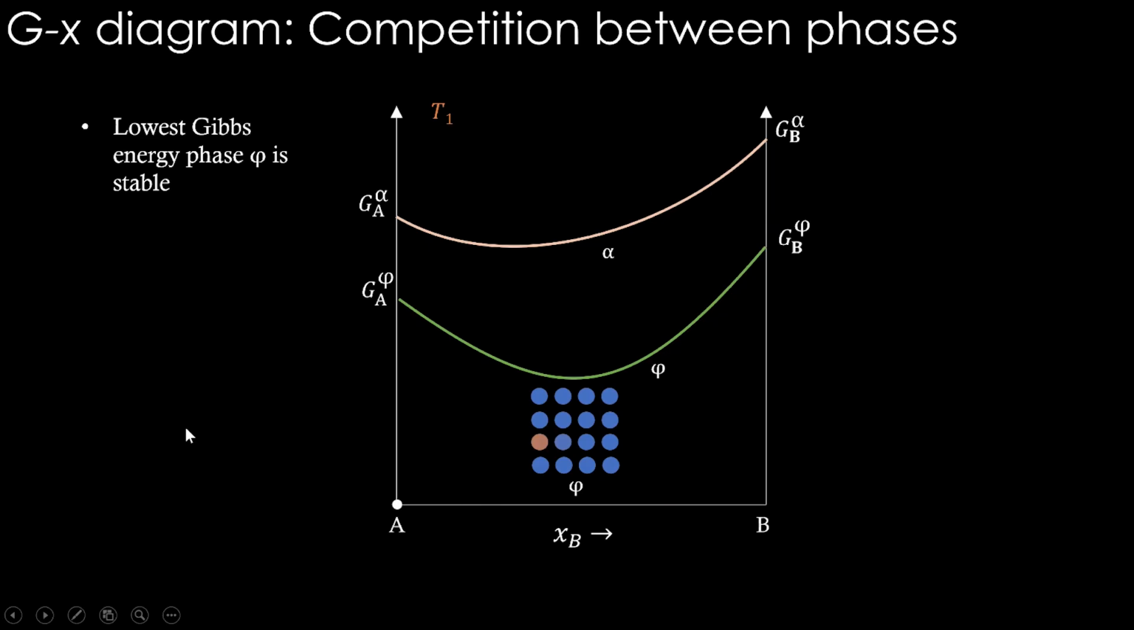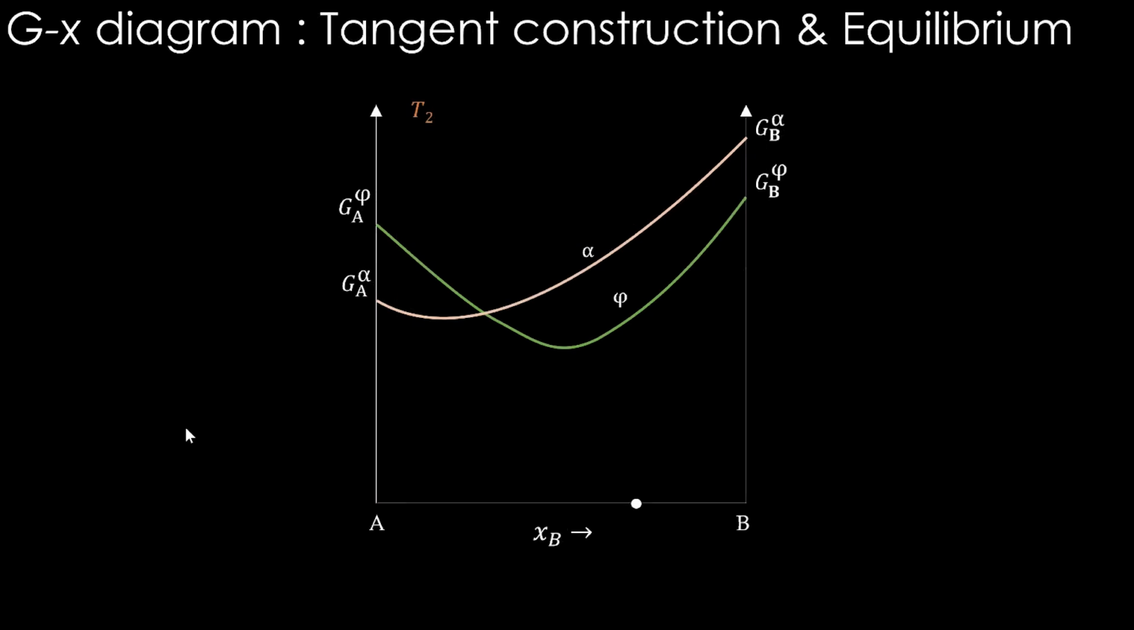So if we look at the atomistic picture from left to right, from pure A it can become pure B without changing the structure of phi, because phi is the stable state throughout this composition range. That's the atomistic picture. Now, if we go to some other temperature T2, what happens at that temperature is these